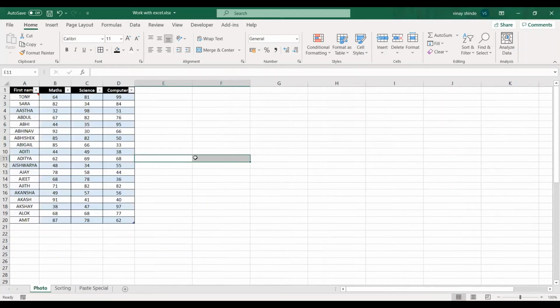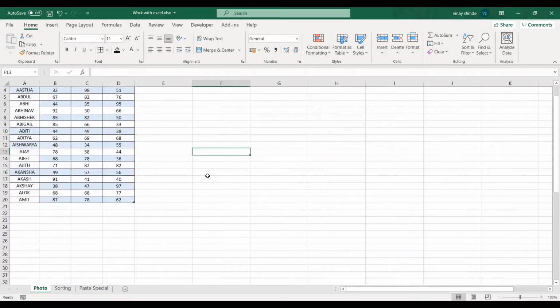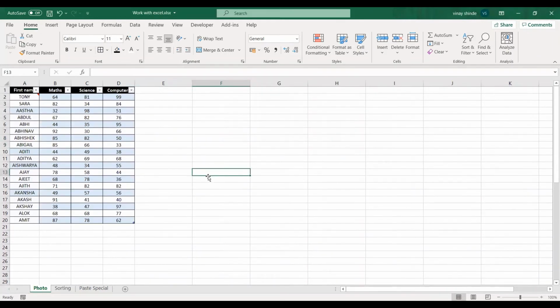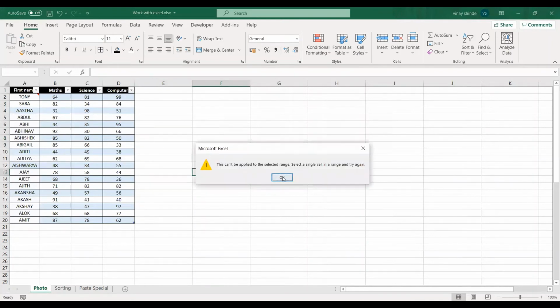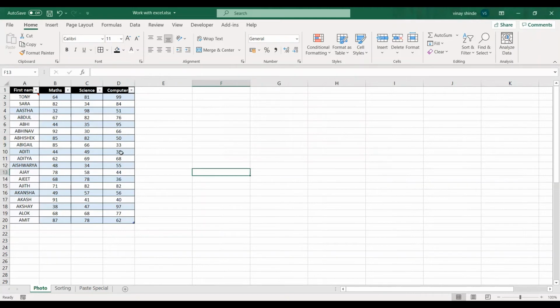Now the third function is photo. Now what is photo? You must have seen whenever there is any data associated with, let's say, a student or an employee, and when we take the cursor to that name, we can see that employee's photo is flashing out. Sometimes you must be wondering how we can do that, but it's very easy, and let me show you how we can do that.